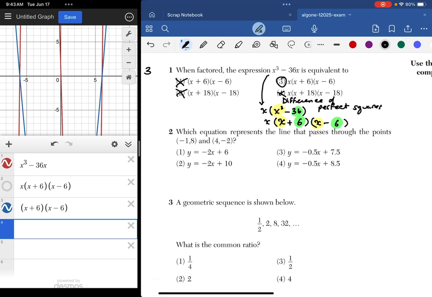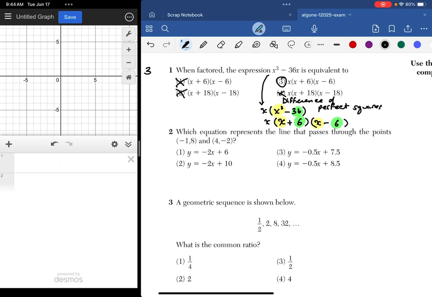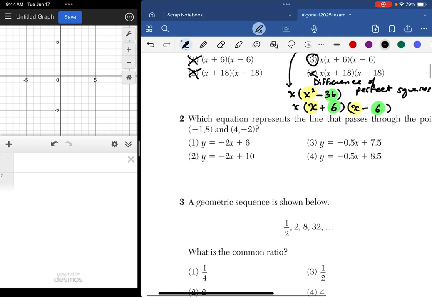thought or using a similar approach, I could use my calculator to figure out choice 2. All right, I'll show you the algebraic way, but then I'll also show you the calculator approach, because really you're just looking for the equation that would have those 2 points on it, right? So using duplicate, it's easy enough to type in a bunch of choices, right? But you could also type them in manually. But let's say I wanted to do this by hand.